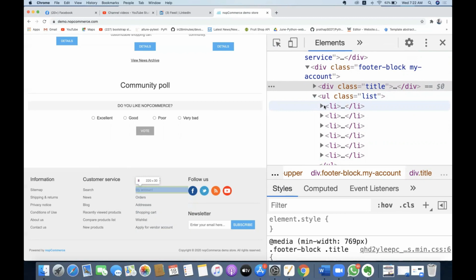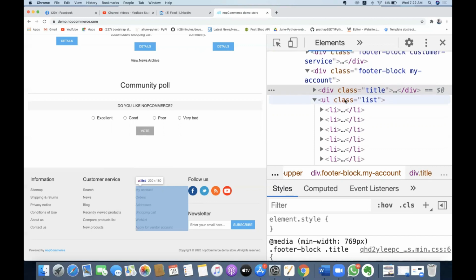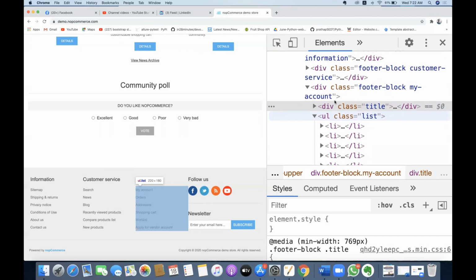Now if I want to get all the LIs, first I want to identify this UL. But for this UL, if I observe here, there is no HTML attribute available. I have only class, and if I use the class I'll be getting multiple elements. So there is no element available which gives me a unique one. I looked at this division, and even for this division there is no unique attribute available.